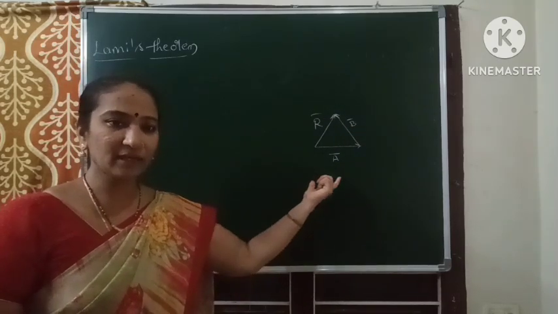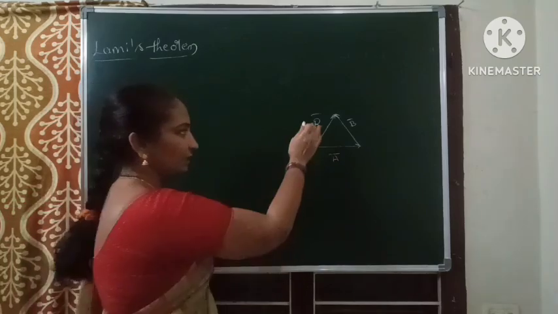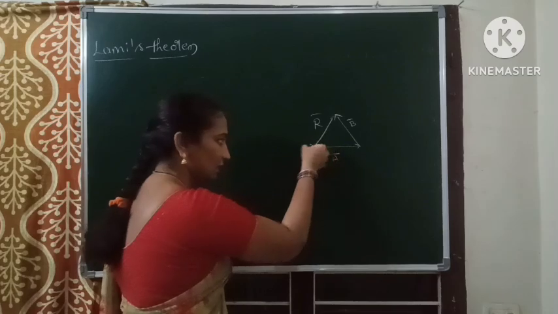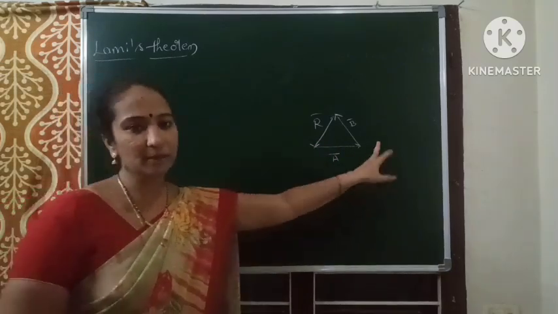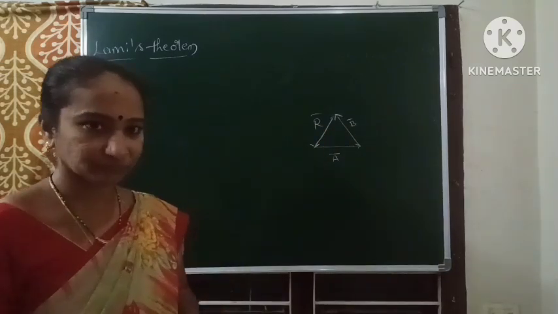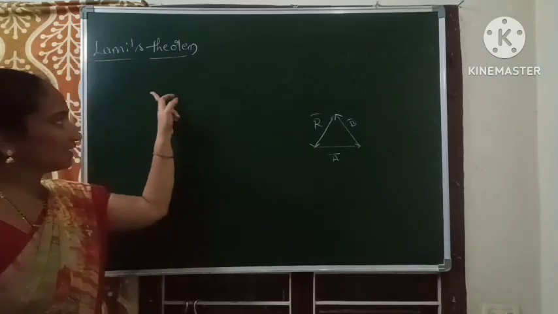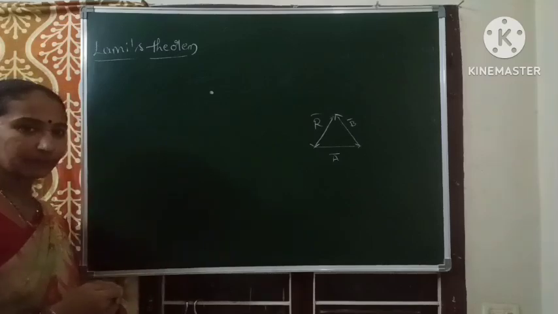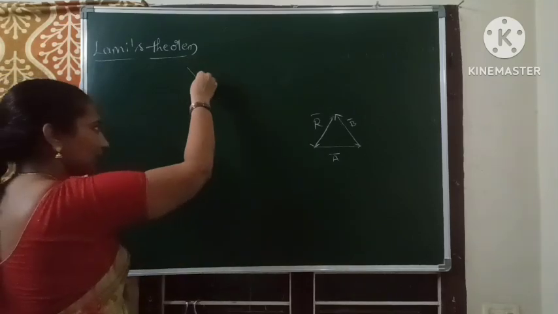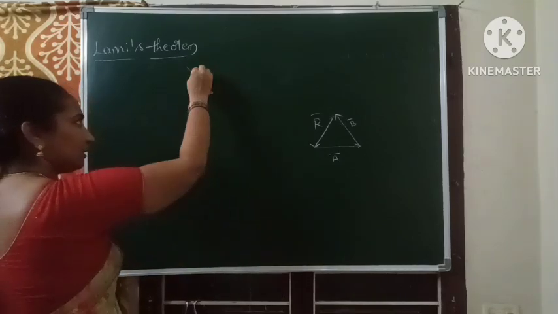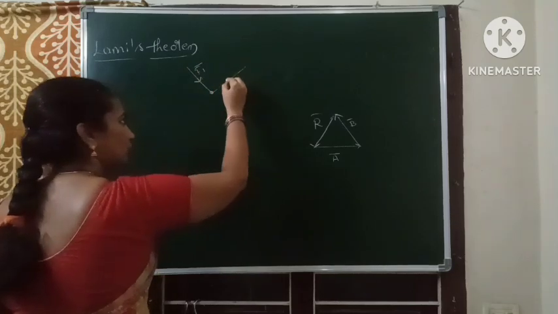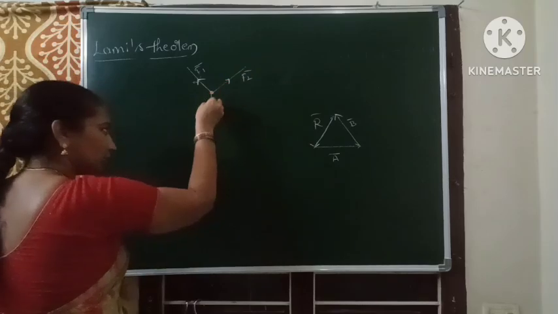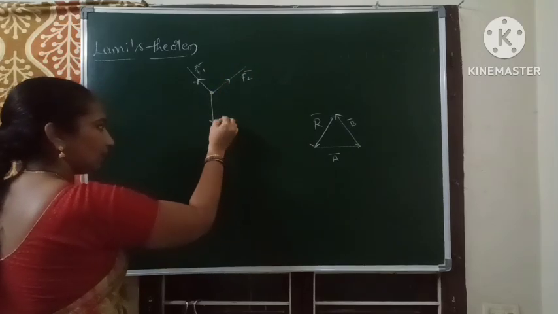So with the same triangular law of vector addition, for example, if three forces are in the same order, for example this R bar is also in the same order, then A bar plus B bar plus R bar becomes 0, as we learned. So what Lami's theorem says is: let us consider a particle, and on the particle three forces are applied, for example F1 bar, and another force is applied, that is F2 bar,